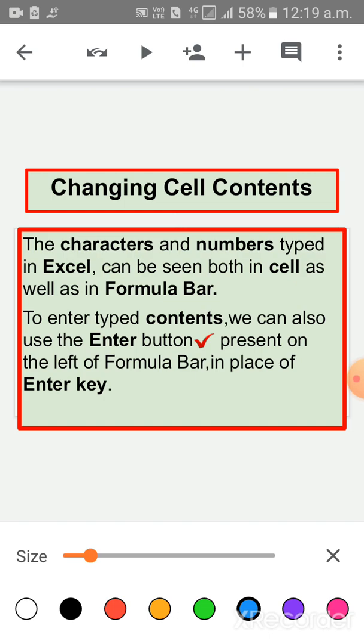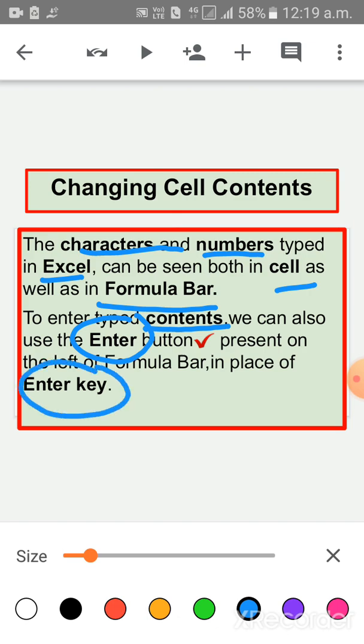Children, the characters and numbers typed in Excel can be seen both in the cell as well as in the formula bar. To enter typed contents, we can also use the Enter button present on the left of the formula bar in place of the Enter key.